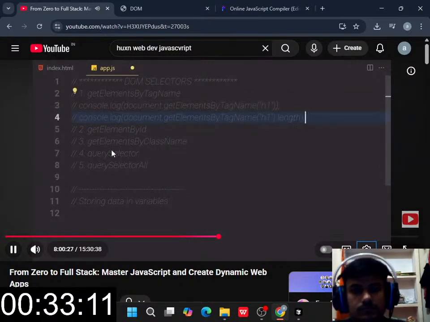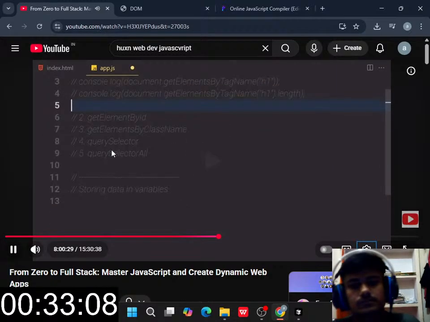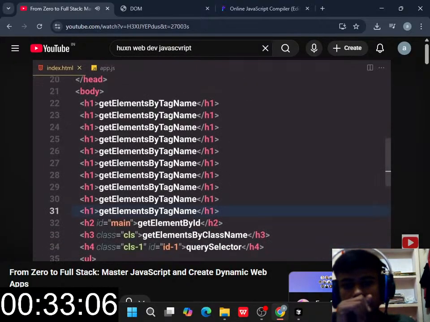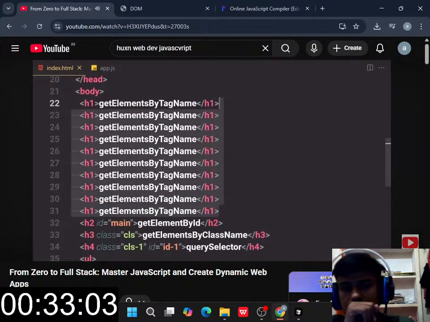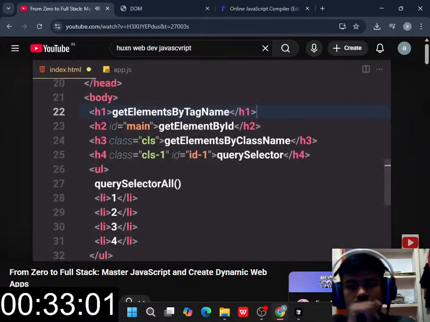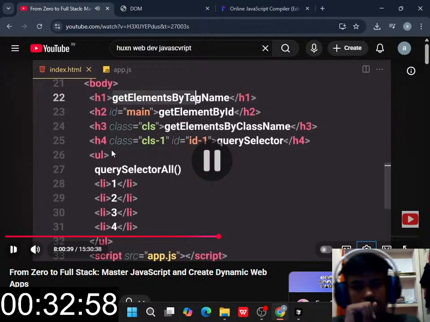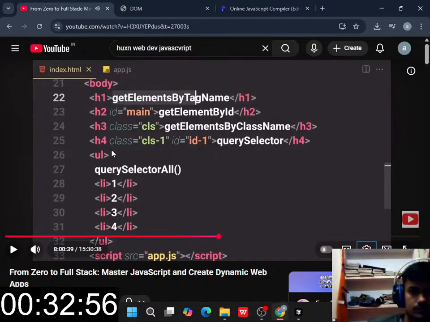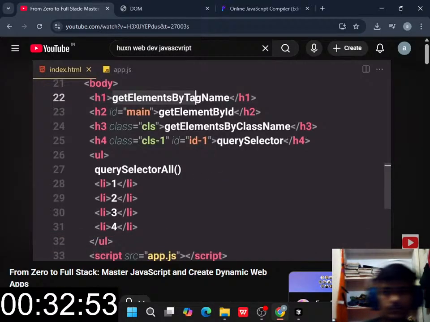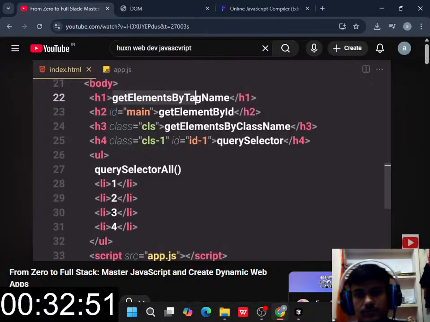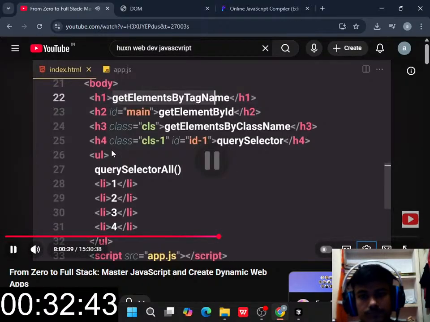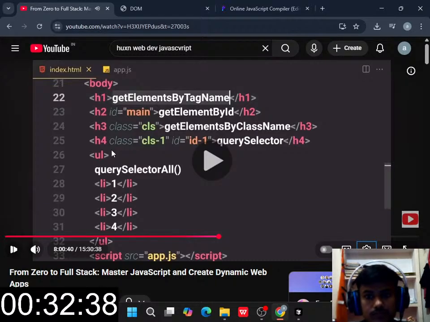I'm going to remove all of these h1 except that first line and zoom in a bit. So that was just the first selector, get elements